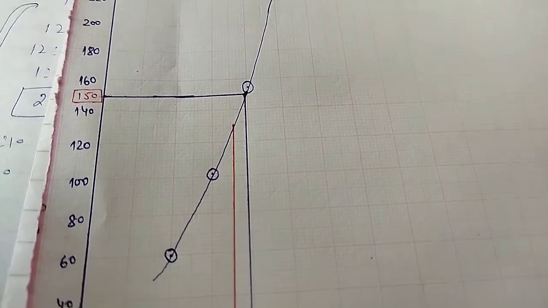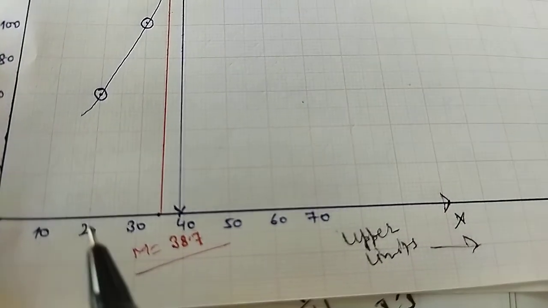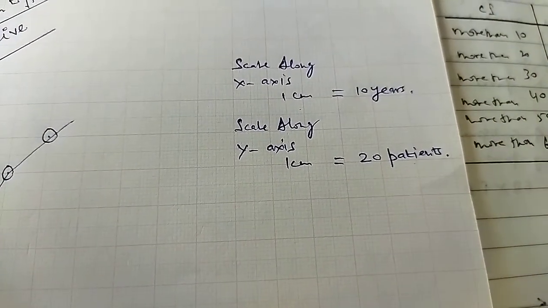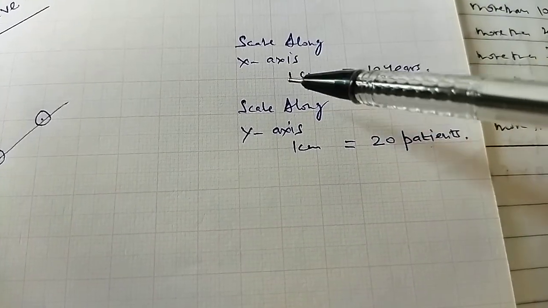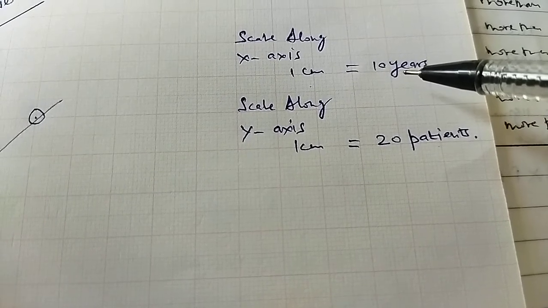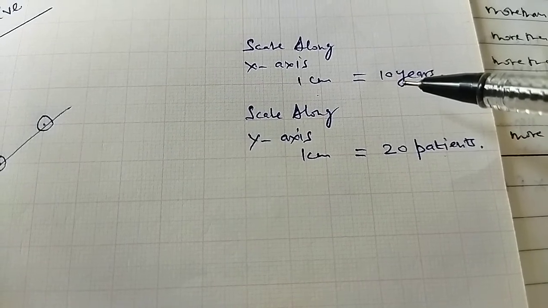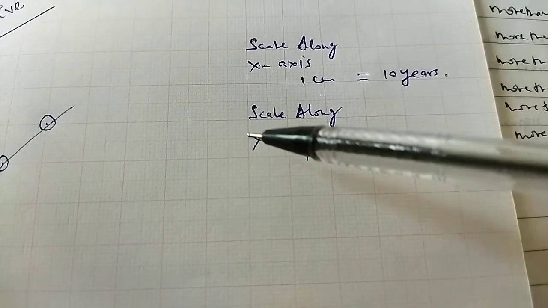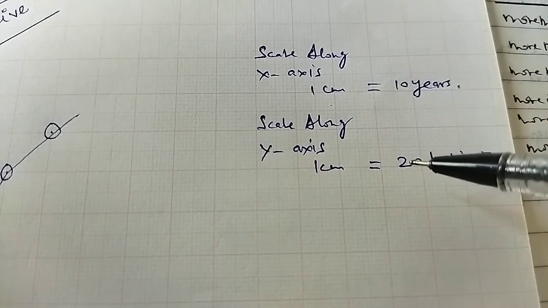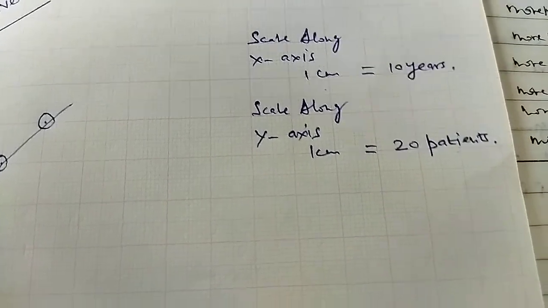Okay. Now start plotting those pairs. First was of 20. So you make it very clear as per your scale. What is the scale you have selected here? Along the x-axis 1 centimeter is equal to 10 years. So that is the age. Age of the patient was divided in groups 10 to 20, 20 to 30 and so on. And cumulative frequency I have taken along the y-axis 1 centimeter is equal to 20 because my least reading and the highest reading I have to accommodate comfortably. So wherever I am comfortable I have to divide accordingly.